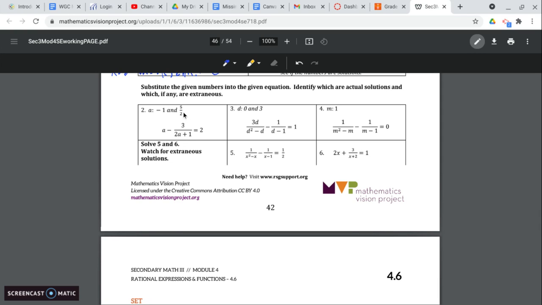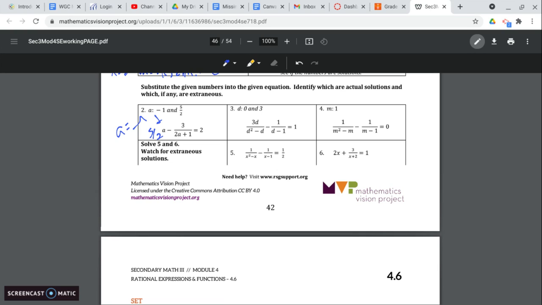For 5/2, if we plug that in, 2 times 2.5 is going to give us 5, and then add 1 to it. We're still good. We're at 6. So both solutions work on A. So A equals -1, 5/2. No extraneous solutions. Now, with number 3, if we plug in 0 and 3, well, 0 squared is 0, minus